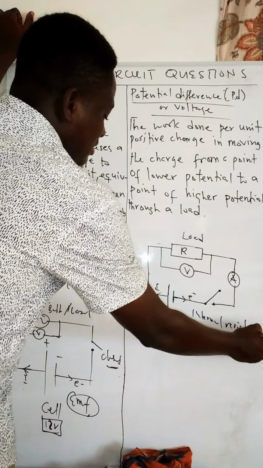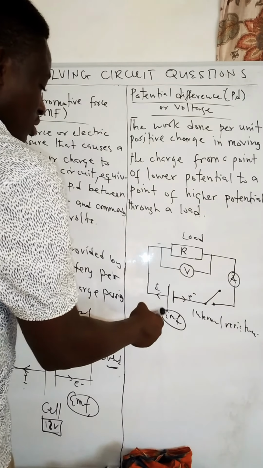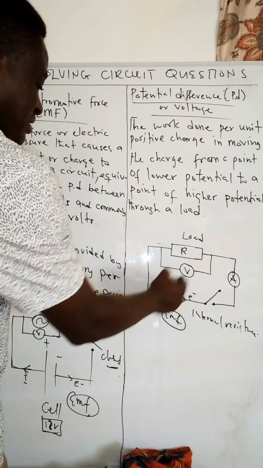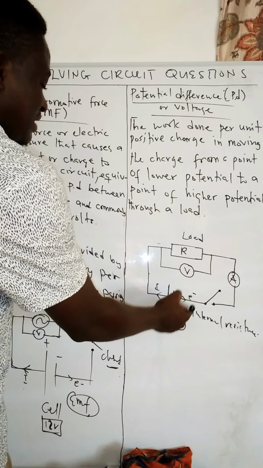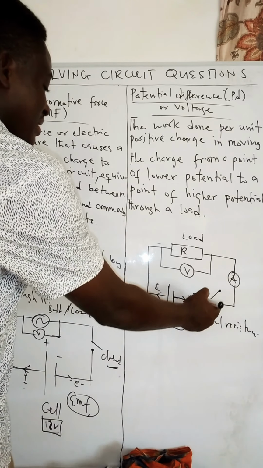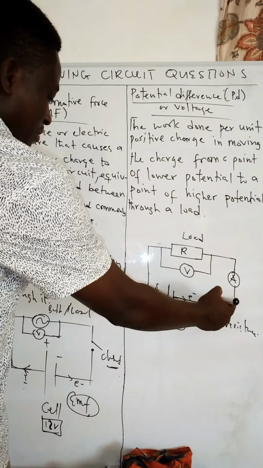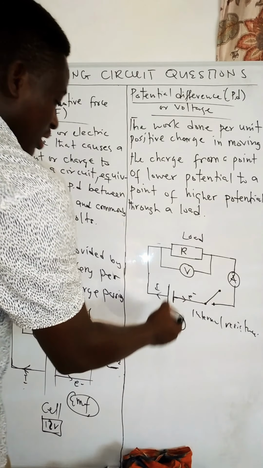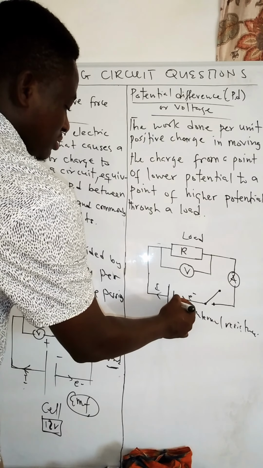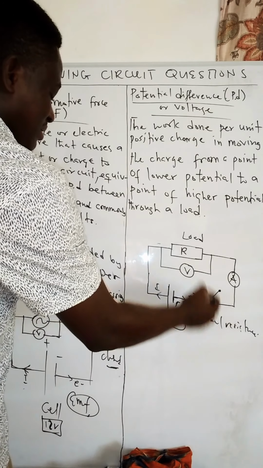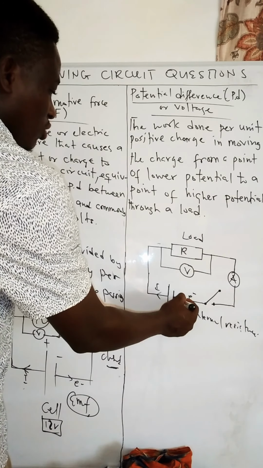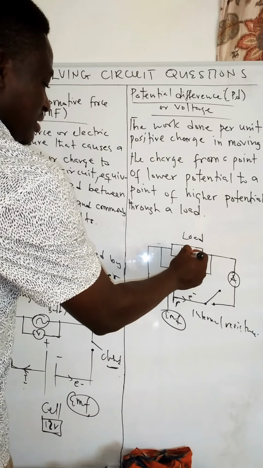So the internal resistance is the resistance that every cell has, that is preventing the electrons, or the positive charges and the negative charges, from leaving the cell so as to provide current to the whole system. Okay, and we represent it with small r. So in a cell like this, there is an internal resistance small r, and then there is the resistance of the cell